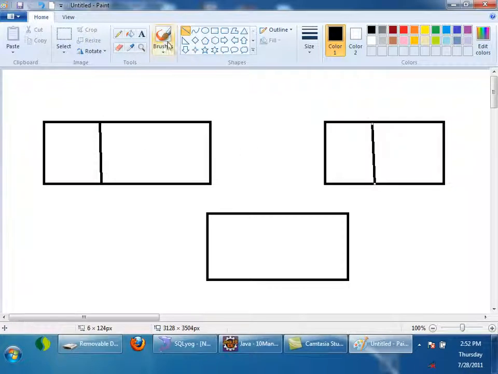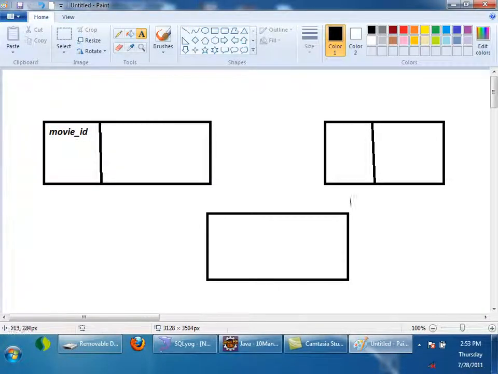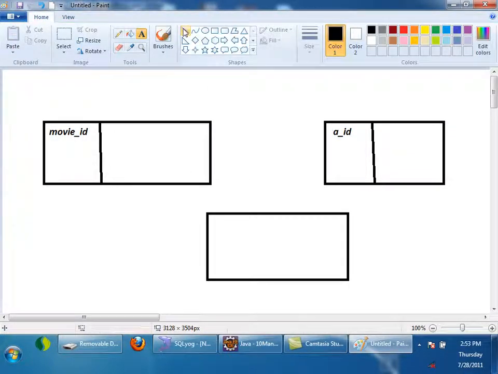This movie table will be having movie_id as a primary key, and artist table will be having artist_id as primary. Now when you want to configure many-to-many relationship, movie ID has to come here and actor ID should come here as a foreign key, right? So when you are configuring many-to-many relationship, you need a separate join table, right?